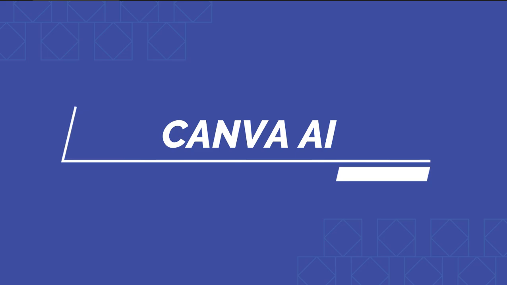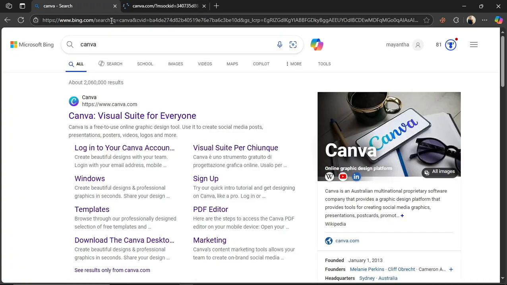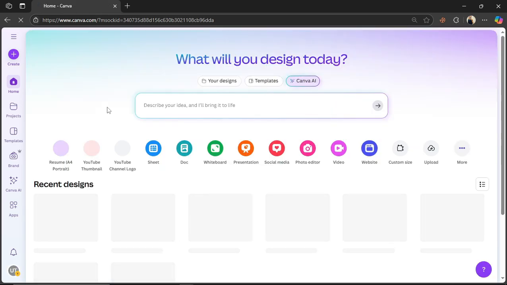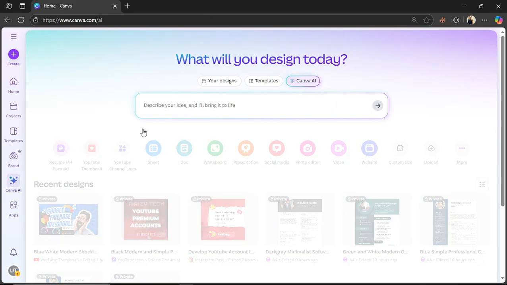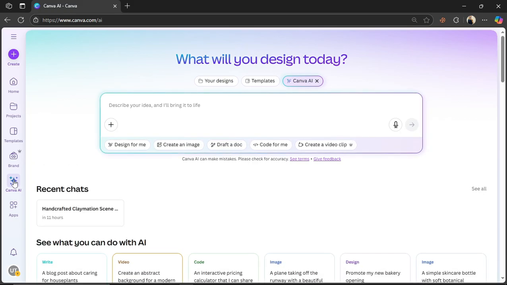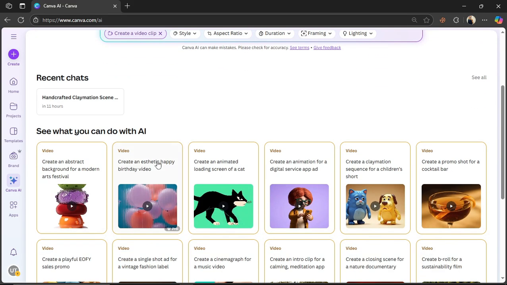Now making it with the Canva AI method. In this Maisie Tech video, we'll show you how to use Canva AI to create stunning AI-generated videos, just like what you'd expect from Google Veo's engine. Canva's built-in Magic Media tool lets you generate short video clips from text prompts using powerful AI. Simply type your scene description, choose a style like cinematic or realistic, and Canva will create visuals with smooth transitions